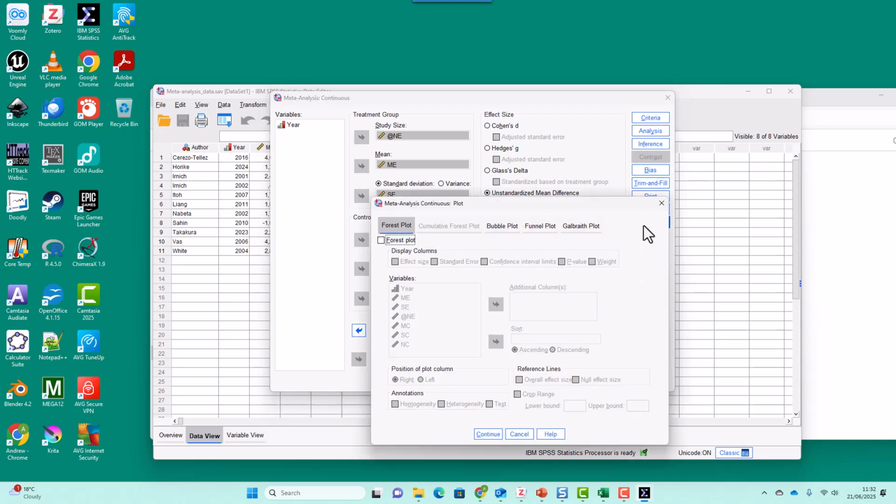Now you need to pick your plots. The plots you can do are forest plots, bubble plots, funnel plots, Galbraith plots. I'm doing something simple this time, so I'm just going to stick with the forest plot. What do I wish to display in columns? I want the effect size, standard error, confidence interval limits, p-values and weights. I want to see reference lines for the overall effect size and the null effect size, and tests for